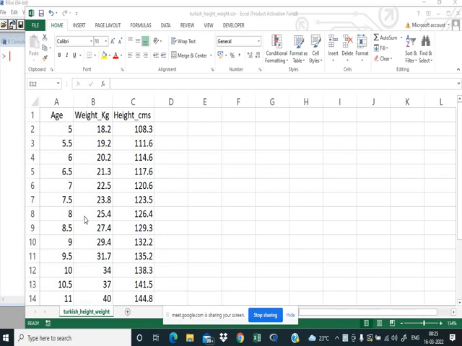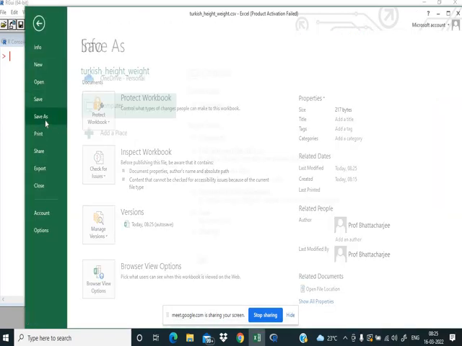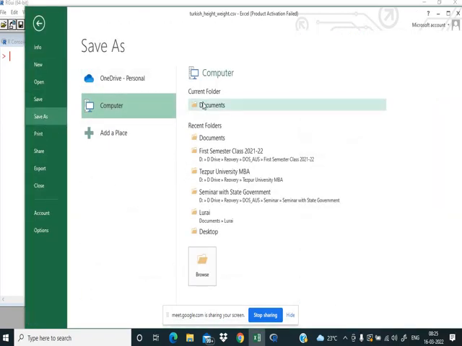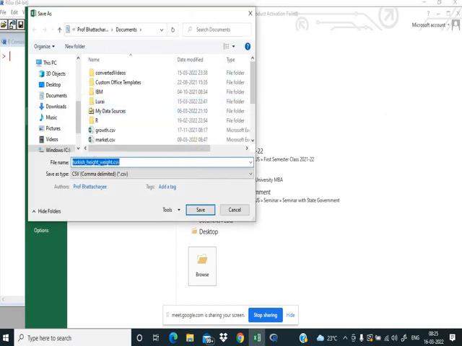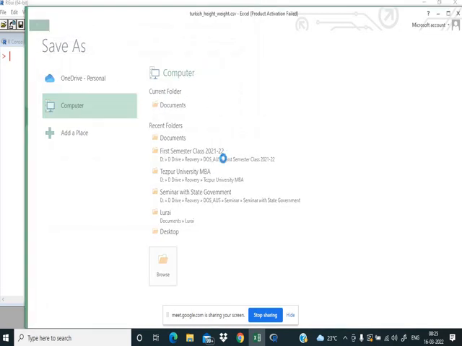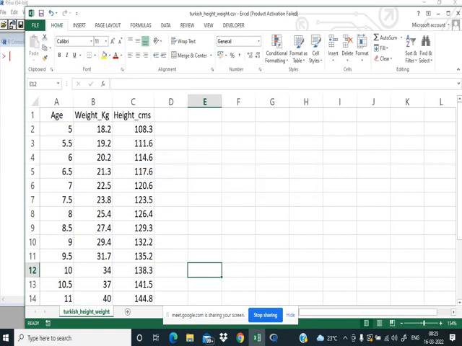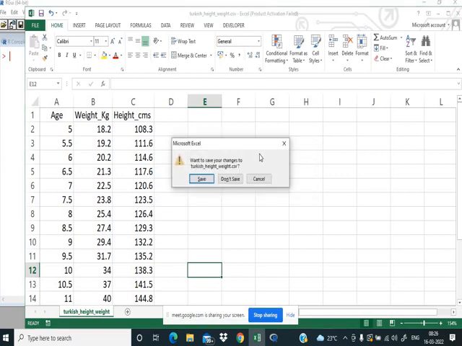We have the height of a group of individuals and their weight, where weight is measured in kg and height is measured in centimeters. So age, weight, and height. We will use this data set for drawing the scatter diagram. We save the file in the documents folder with the name Turkish height weight, in CSV format. Once we do this, we may close this file,